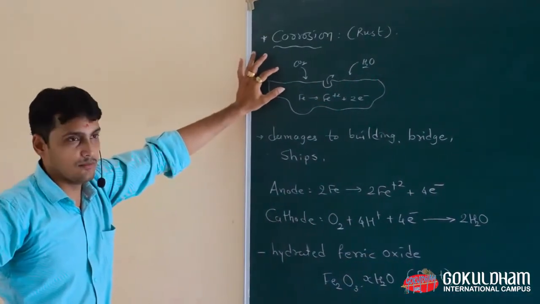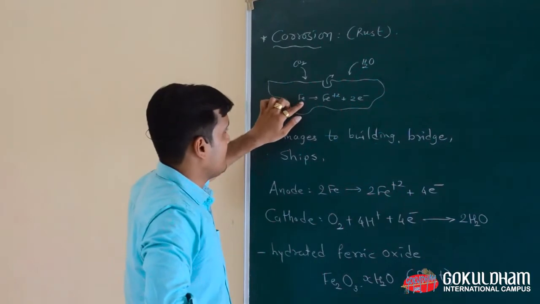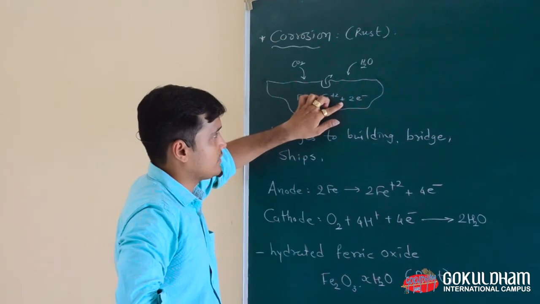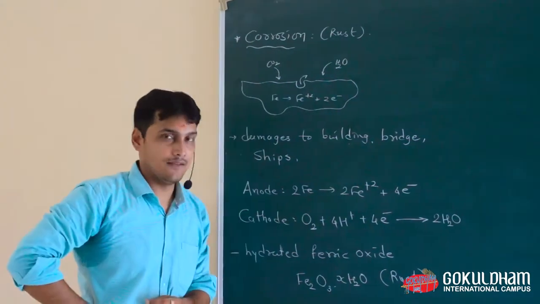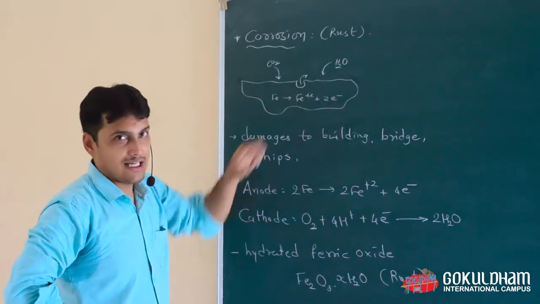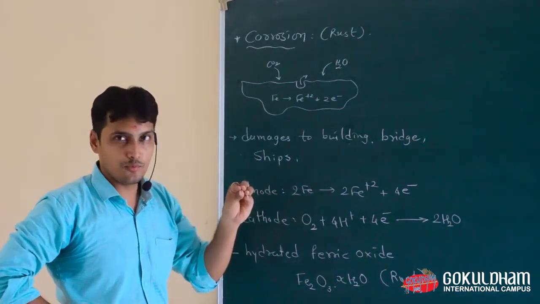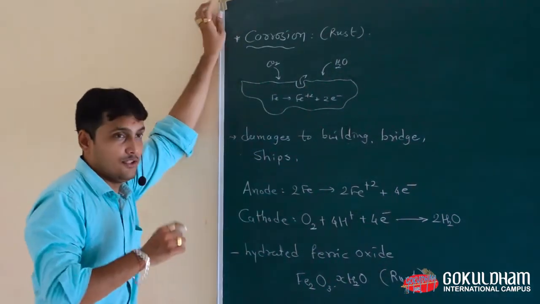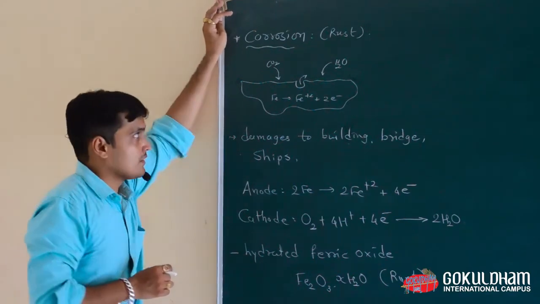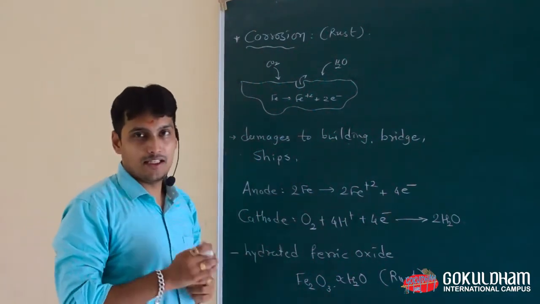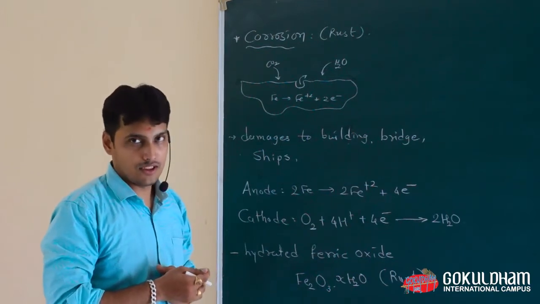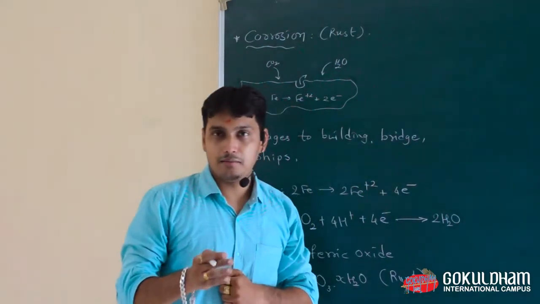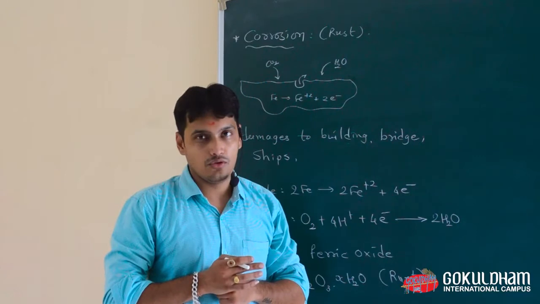In this corrosion process, Fe is oxidized into Fe2+, and two electrons are liberated on the anodic side. These two electrons move towards the cathode spot from the metal surface and reduce the H+ ion. Those H+ ions are gained by the dissociation of H2CO3. H2CO3 means hydrogen carbonate; H2O plus carbon dioxide forms H2CO3.